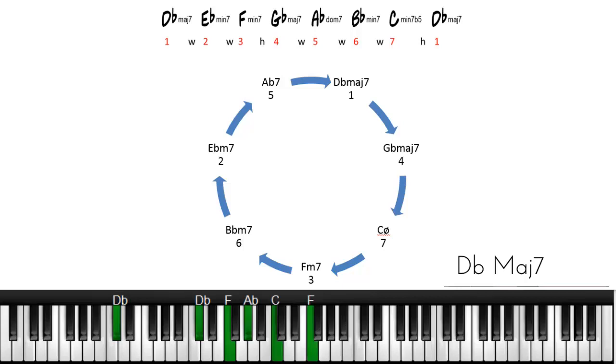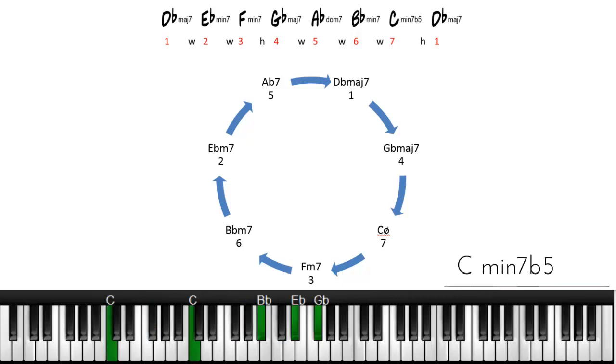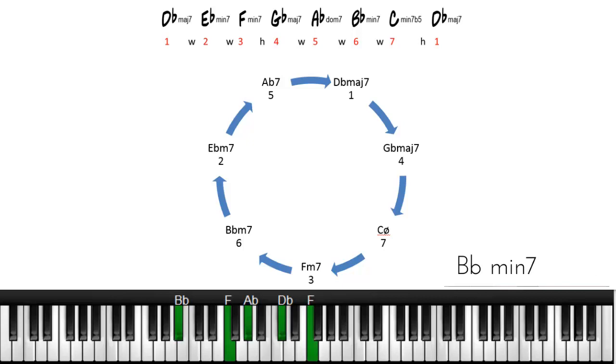So we would have a D flat going to a G flat going to a C7 flat 5, to an F minor 7, to a B flat minor, to an E flat minor, to an A flat minor 7, or A flat dominant 7, to a D flat major. So again,